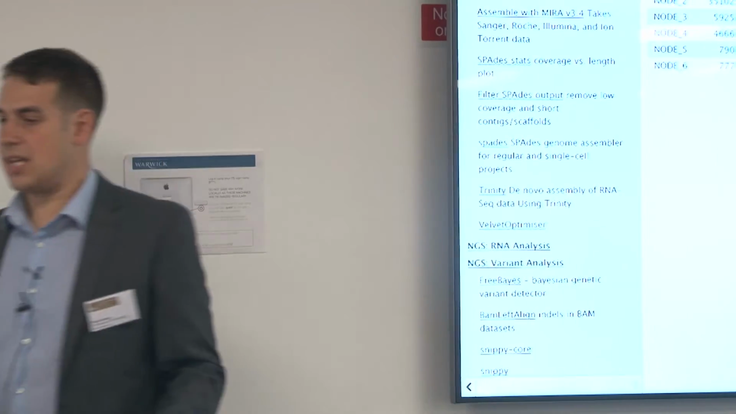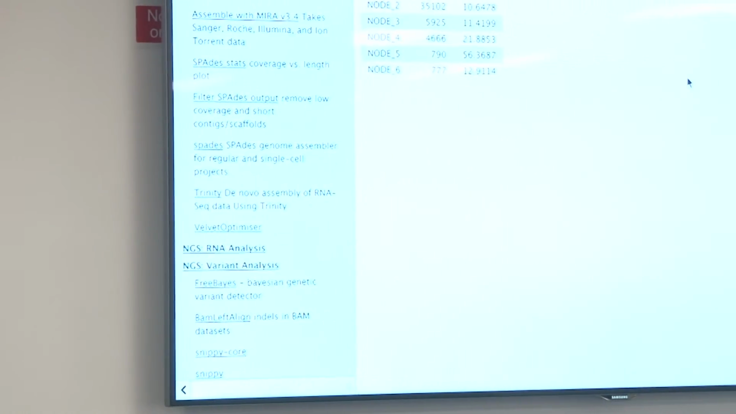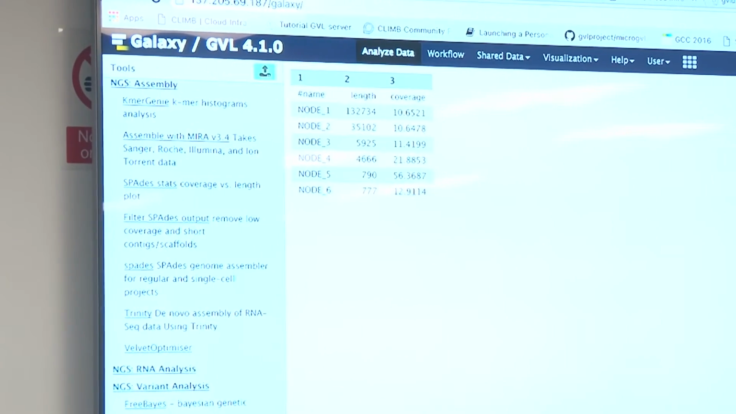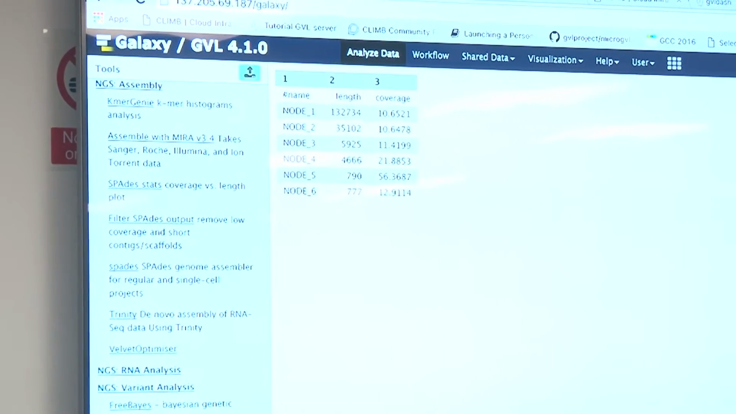You can't really tell what's going on. But anyway, now you see it's made an assembly and you can look at it. It's made some assembly with six scaffolds, 6 contigs, biggest contig 132 KB, 10x coverage. And then you can use those scaffolds or contigs for the next step, like the Prokka annotation, whatever you